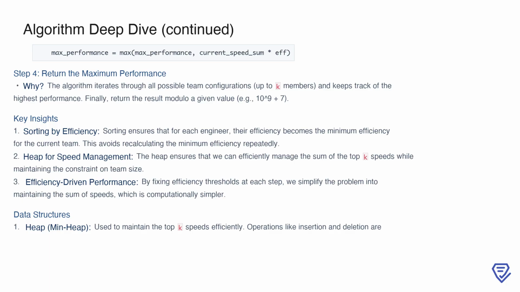There are several insights that make this algorithm efficient. First, by sorting the engineers by efficiency, we ensure that the efficiency threshold for the team is fixed at each step, avoiding the need to recompute the minimum efficiency repeatedly. Second, using a min-heap allows us to maintain the sum of the top k speeds dynamically while adhering to the team size constraint. By combining these techniques, we simplify the problem into manageable steps that focus separately on efficiency and